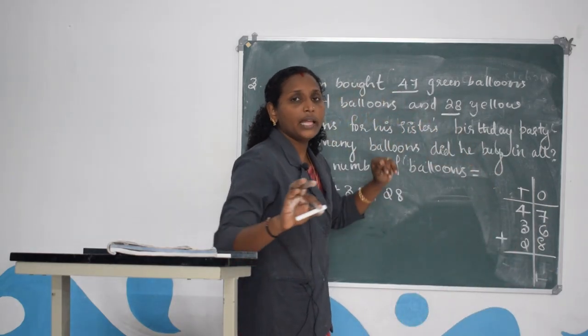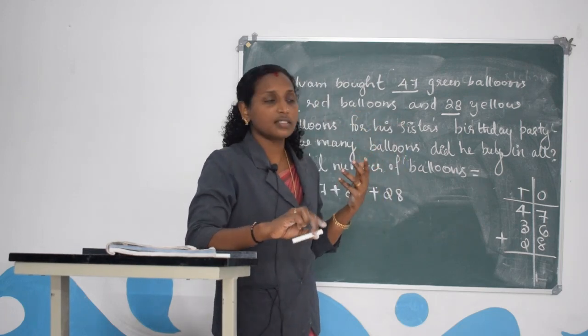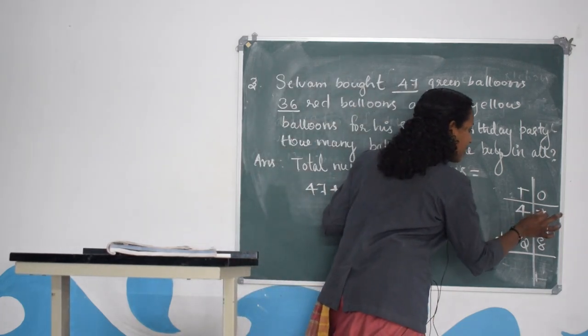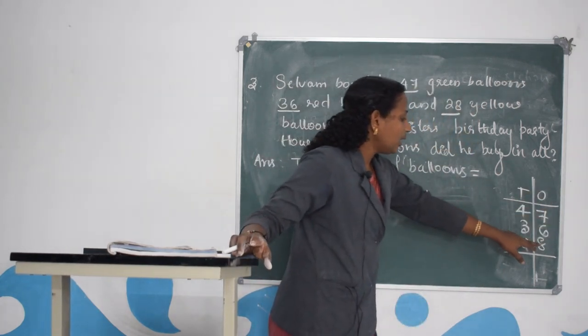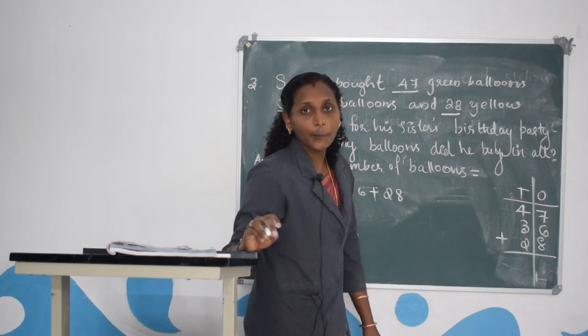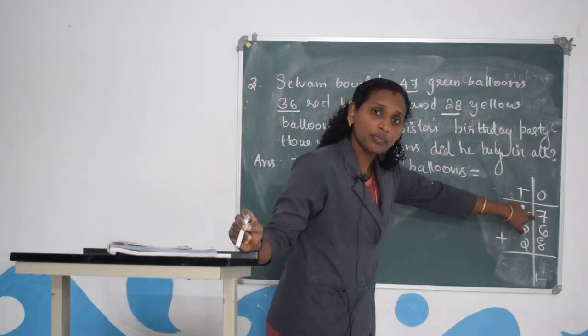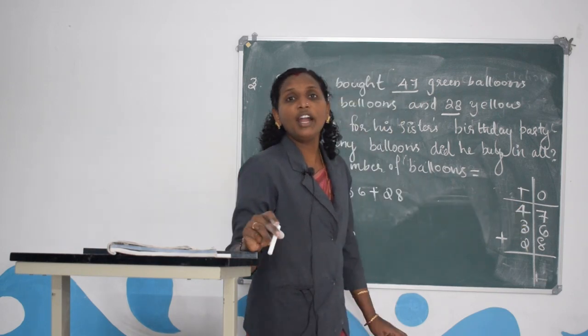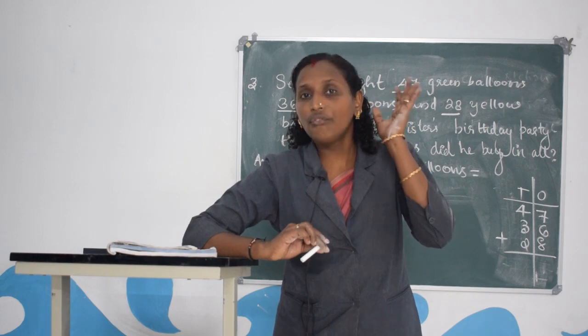Addition. That means first we have to add the numbers in the ones place. Look at the ones: 7, 6, 8. Add the numbers. 8 plus 6 is 14. 14 plus 7 is 21. Good. That means 21 ones.